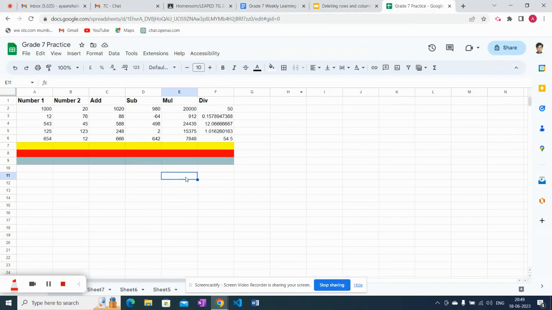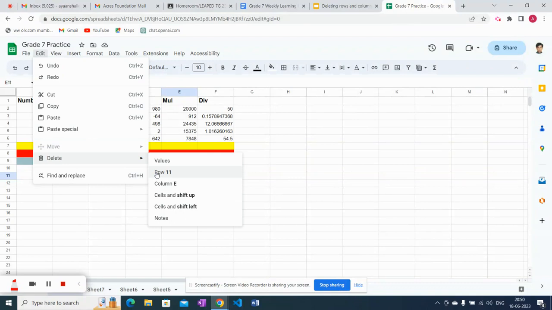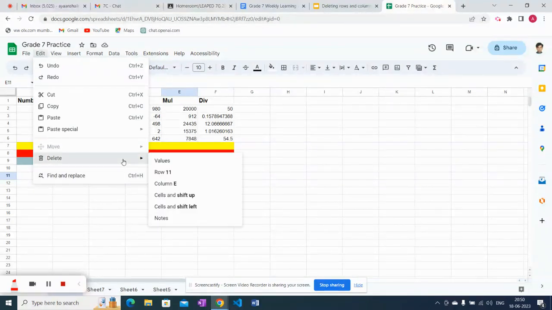Click on the cell you want to delete. Suppose if I want to delete this particular cell, if I go in the edit menu, you will be able to see delete. Now why is it showing row number 11? Because as I said from the definition of a cell, a cell is a point where a column and a row intersect. So you are able to see this is row number 11. Either if I select this, I am able to delete row number 11, column number E, or